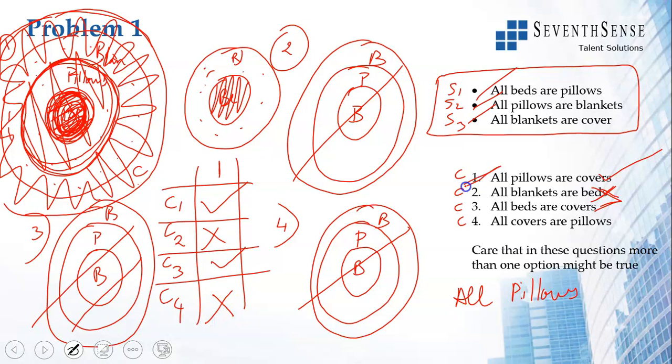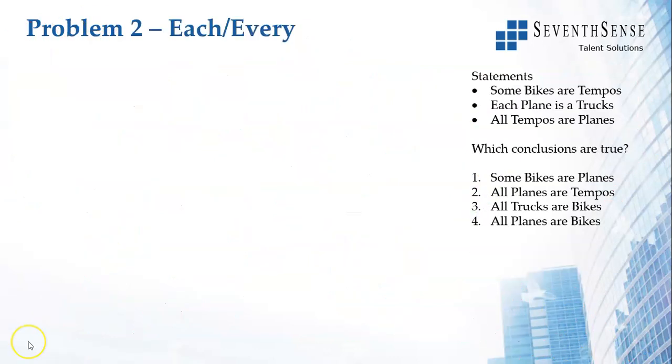So here you will get two options which are correct, 1 and 2. See, the examiner would have your options like this. Only 1 and 2 are true. Option 2, only 1 and 3 are true. Option 3 might be 1, 2 and 4 are true, like that. So they will have those options. Do not worry. You look at getting all the conclusions right, then selecting the option. Here we have conclusion 1 correct and conclusion 3 correct. So we try to draw all the diagrams for the statements.